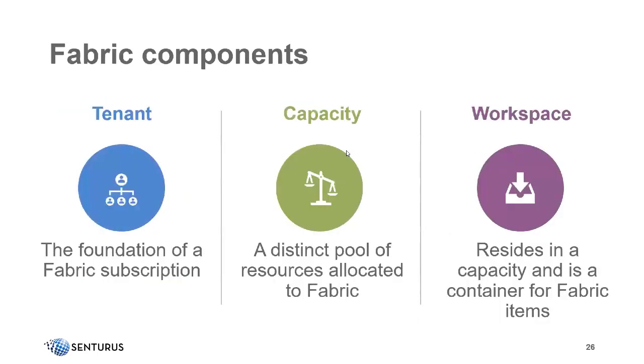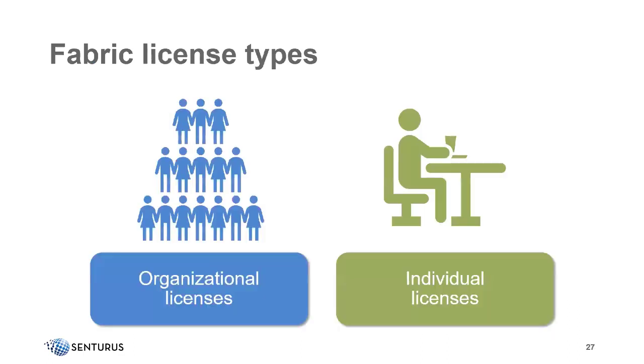Licensing and Fabric. To understand licensing, we need to understand the different components of Fabric. We have to understand that within this world, we're talking about a tenant, capacities, and workspaces. At the foundation is a tenant. Within that is our capacity. Within that capacity is our workspace. Now, there are two types of licenses. It's very unlikely that you're going to be this lonely person sitting at the food court contemplating your life. No, you're one of these happy people over here holding hands and doing all the fun stuff.